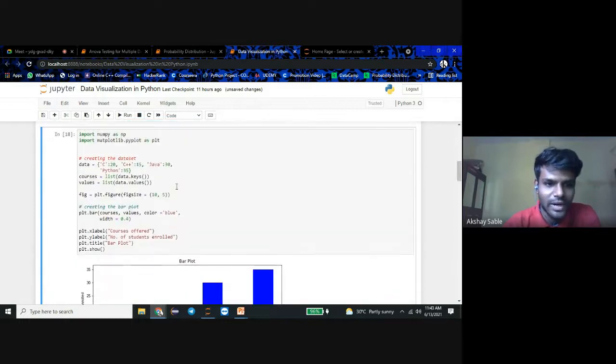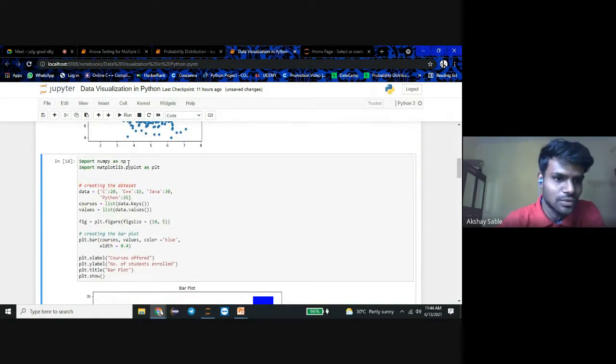Next is a bar plot. We import numpy as np, a library we use for array format, and matplotlib.pyplot for plotting.